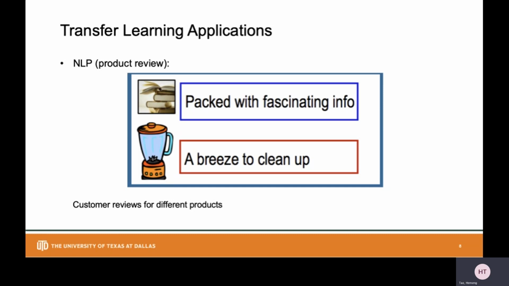So if we want to do sentiment analysis on the new product, it's very hard to directly train on it due to the limited labels. So we can use similar previously released products which have already collected enough label information and get some transferable knowledge from them. So that's one of the applications of transfer learning.